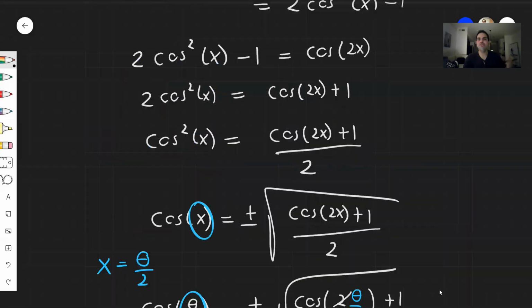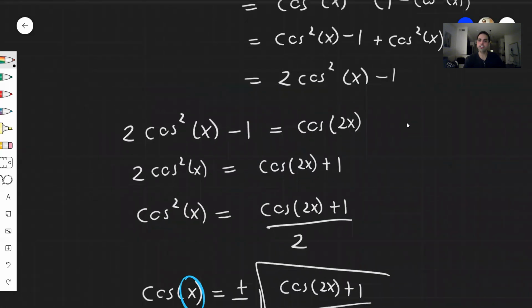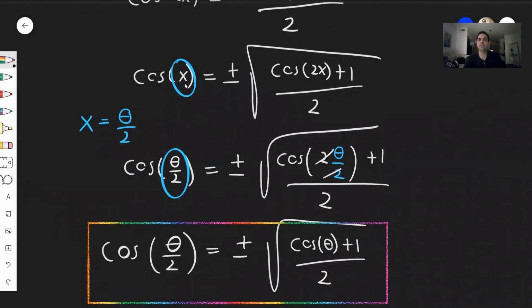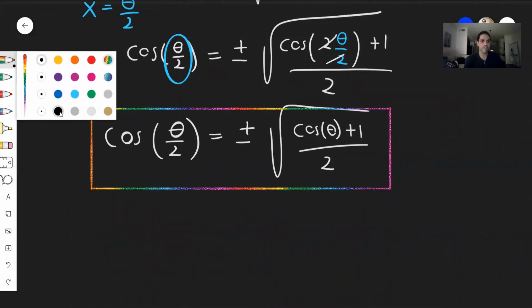So let me repeat the steps. I know it's a bit long, but you start with the double angle formula. So cosine 2x is cosine squared minus sine squared. You use the fact that sine squared is 1 minus cosine squared to get an expression purely in terms of cosine. Then you solve for cosine. And literally what this is saying is cosine of a small angle is plus or minus cosine of a bigger angle, you know. So in this problem, what we get is, again, we had to calculate cosine of theta over